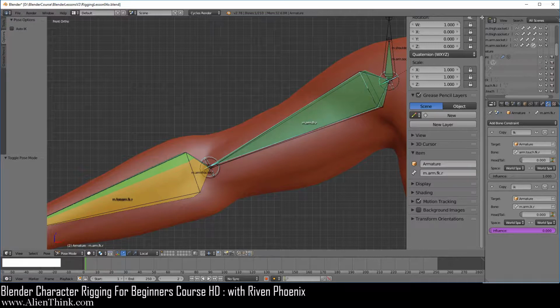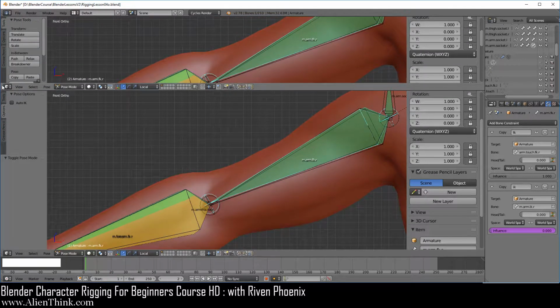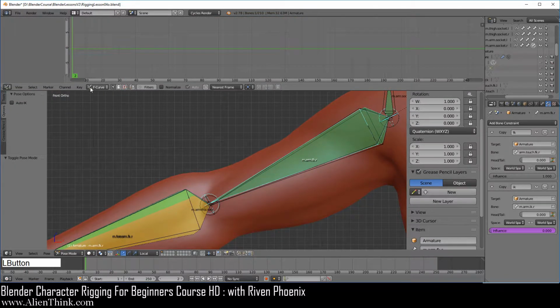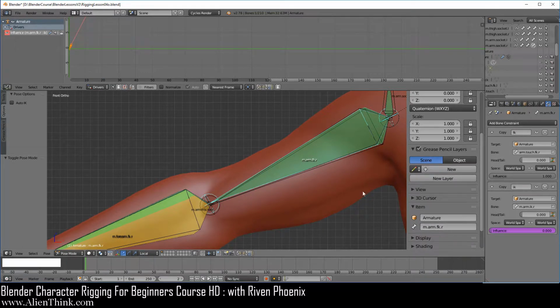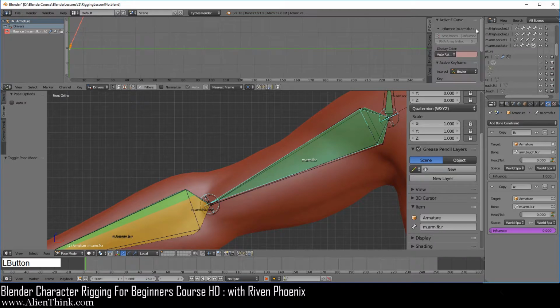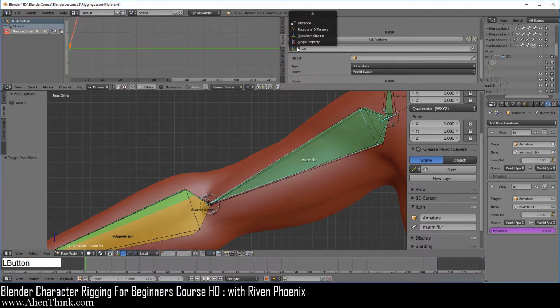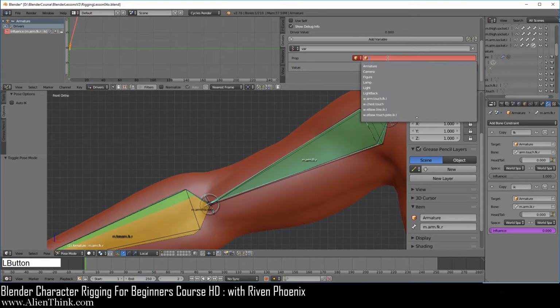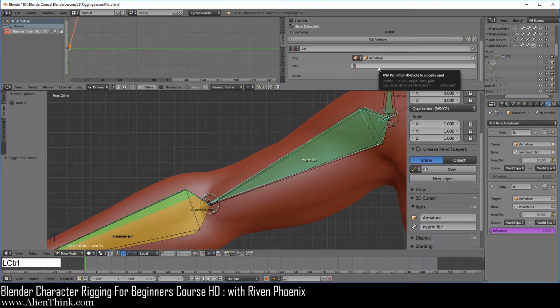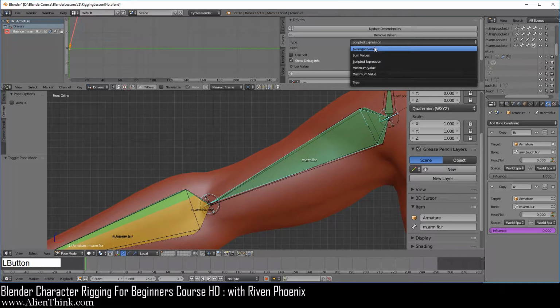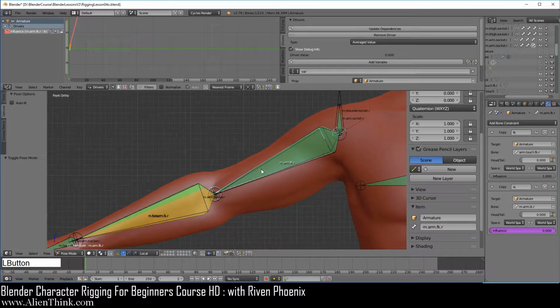Okay, now go ahead and open this up, go to the graph editor, go to drivers. Since I have this bone selected over here, I'm just going to click over here, open this up, go to drivers, and of course change this to single property, go to armature, do Control V, change this to average values, click on update dependencies.